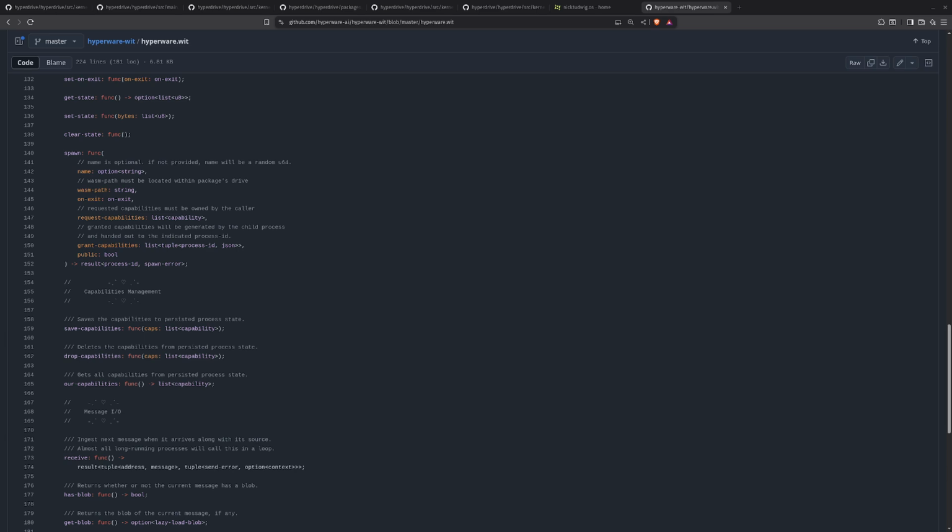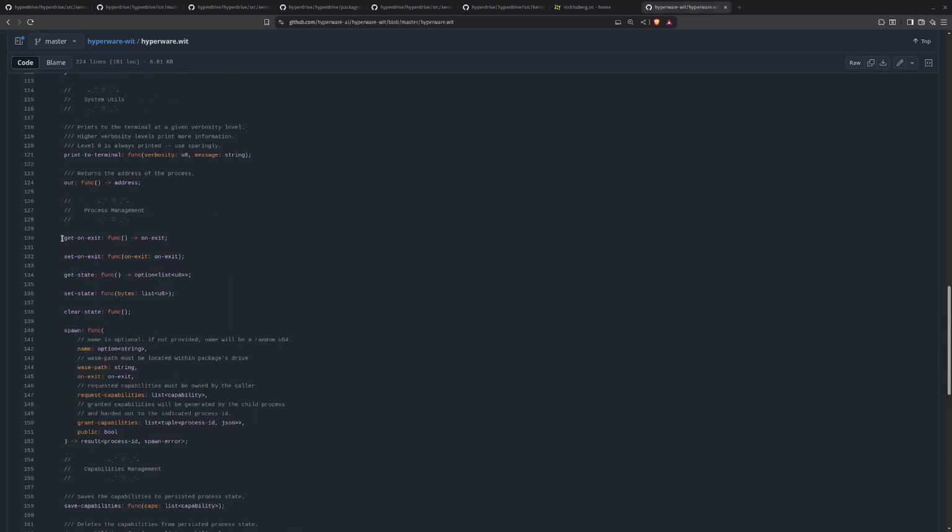Okay. Other questions, hyperdrive related? Okay. So let's take a look at where these functions are defined. So these are, in WASM component terminology,